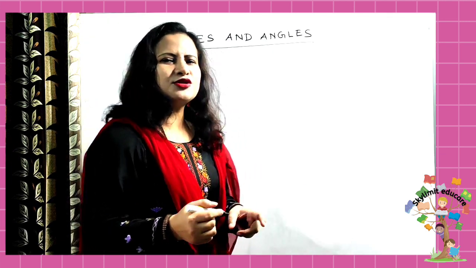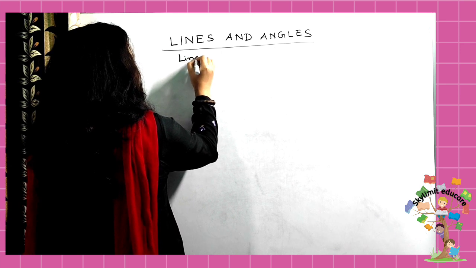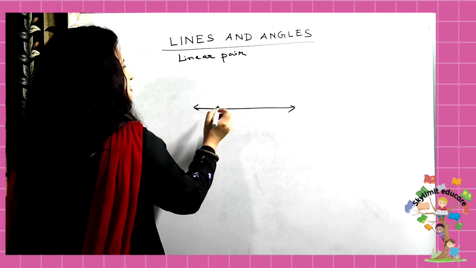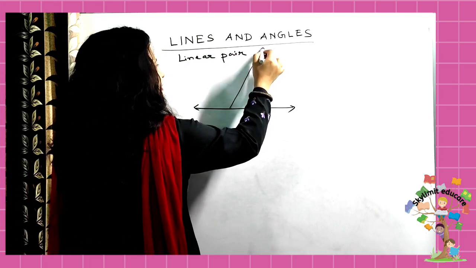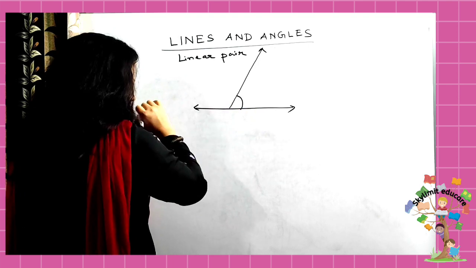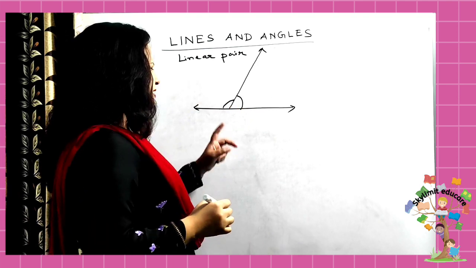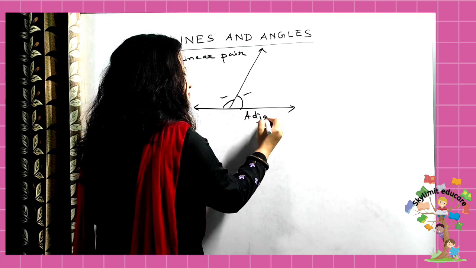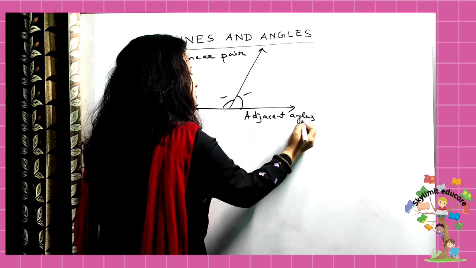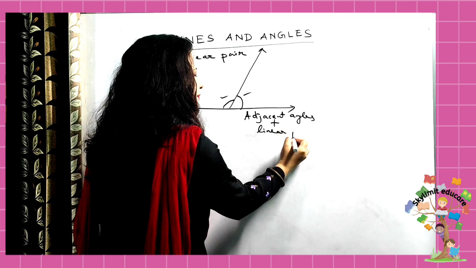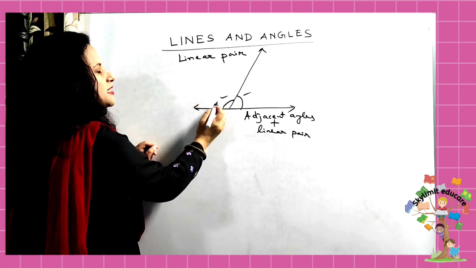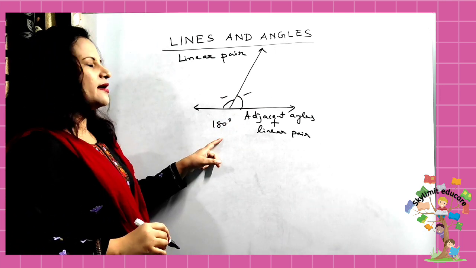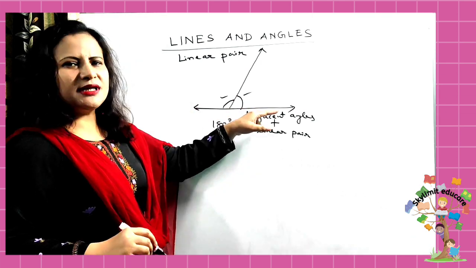And before solving the question, students, you should also know about the linear pair. Linear pair. Now suppose you have a line over here. Yes. And a ray over here. Okay. So here there is an angle, here there is an angle. So these two angles, they form what? Linear pair. They are also known as what? Adjacent angles. They are adjacent angles plus they also are linear pair. Okay, remember it. That means if you add these two angles, the sum will be equal to what? 180 degree. Remember it. Straight angle you are knowing, it's 180 degree, right?